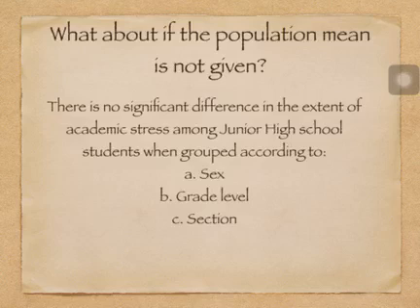The same is true with grade level, because we have four sample means for each grade level, and also for section. And this is what we're going to talk about in the next